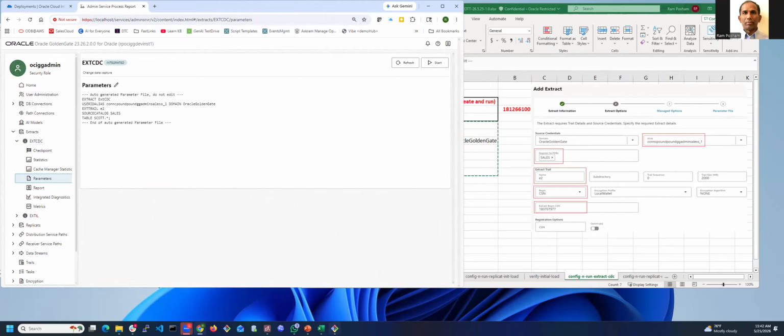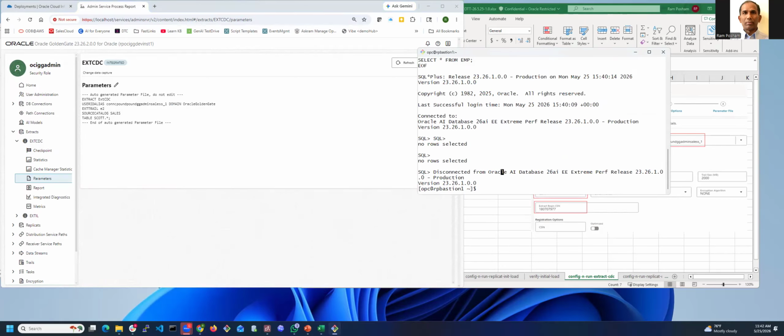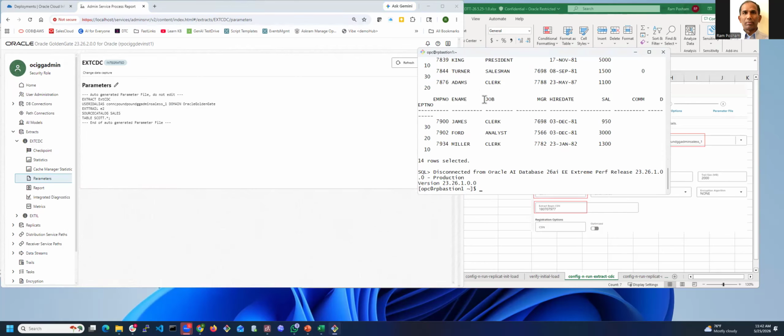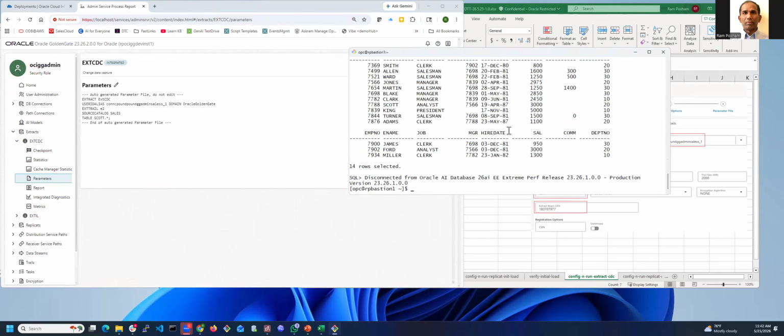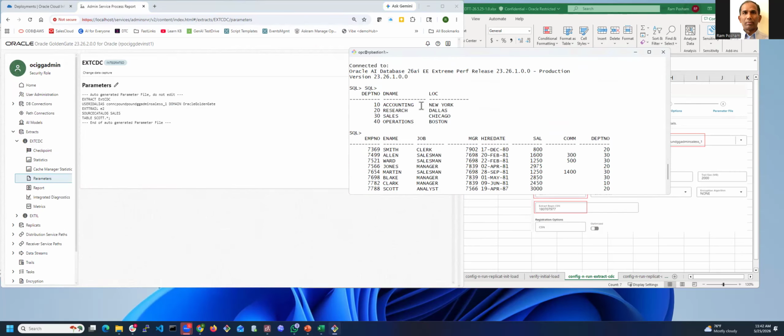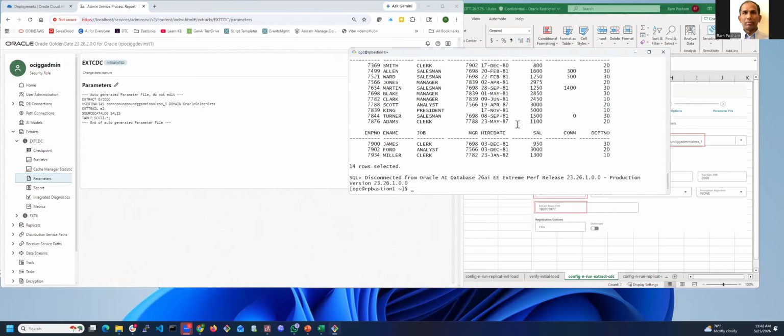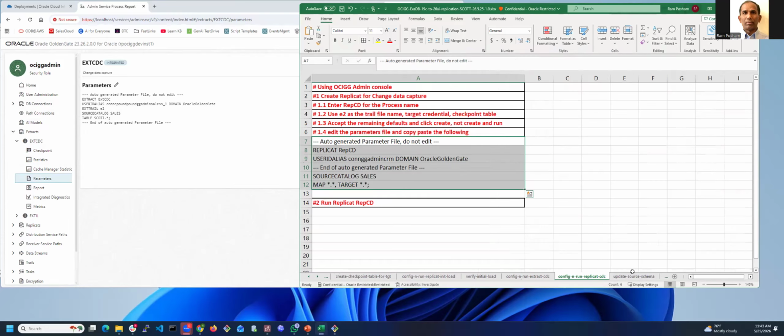But let's see if it propagated the initial load, right? So let's run this. See now whatever was the data in the source tables, it basically replicated. So it doesn't change. Now we are going to run the change data capture, and then we are going to make the changes to the source data. So that's what we'll do. So configure a replicate. So replicate also we will create